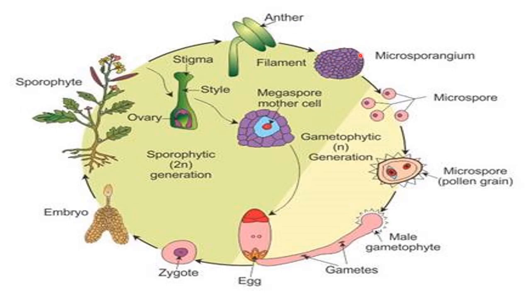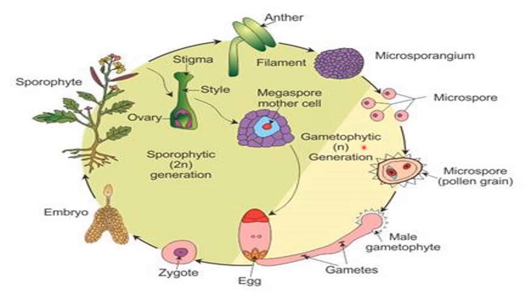It is just like in the gymnosperms. In the gymnosperms also, inside the male sex organ microsporangium was present, and inside that microspores are produced. So these are similar things. Microspores are produced here. Then pollen grain. These microspores develop to form the pollen grain.